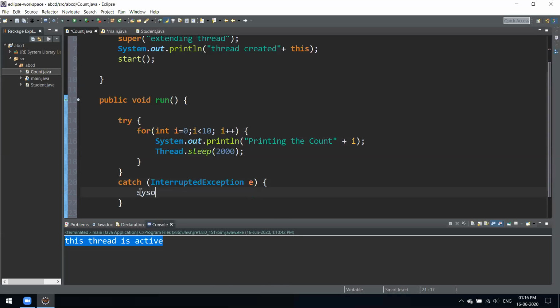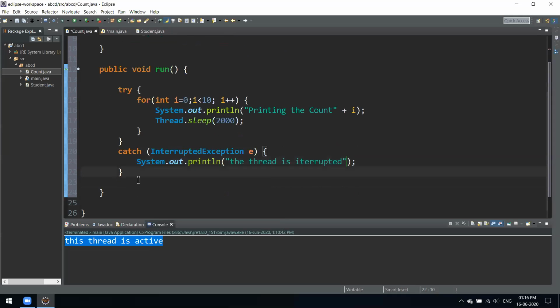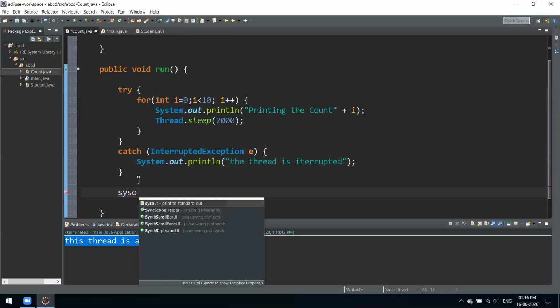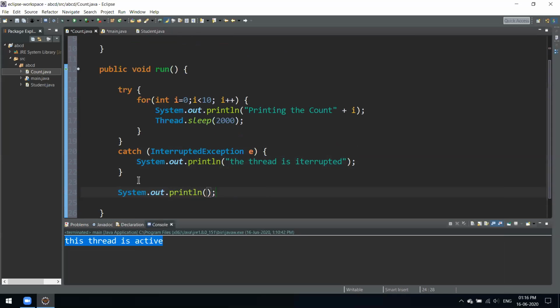As soon as it is interrupted by something, we'll print that the thread is interrupted. And when the whole execution of this gets finished, we'll print that this thread is over. So this is how we'll do it.